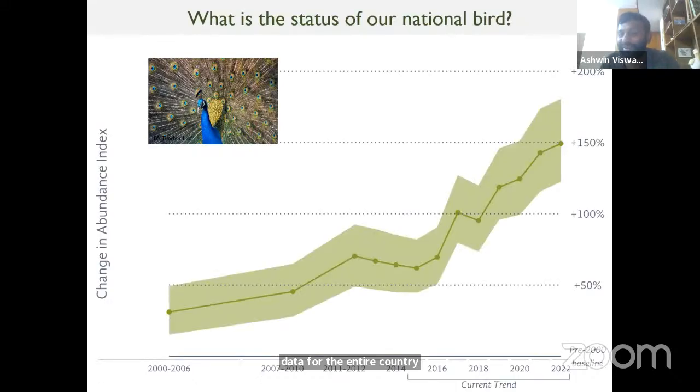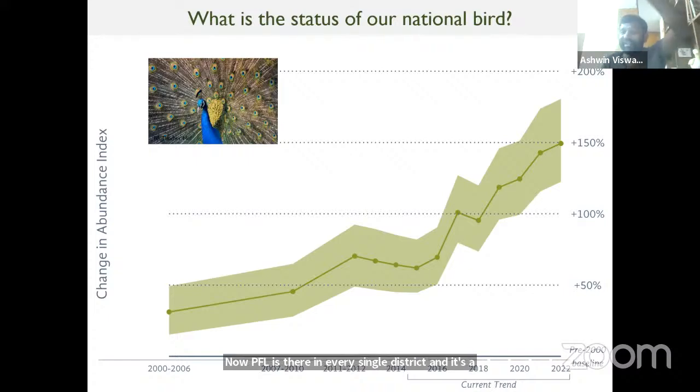But that's why it's very difficult for us to truly understand what is going on without a data set that represents a large area. If you want to find out what's happening around the country, you need to analyze the data for the entire country. And then you see that peafowl are actually one of the most rapidly increasing birds in the country as a whole. They have come into areas where they were never there. The entire Western Ghats, peafowl were missing previously. In the whole state of Kerala, even 20, 25 years back, only 2 districts had peafowl, and there it was uncommon. Now peafowl is there in every single district, and it's a common bird across the state.